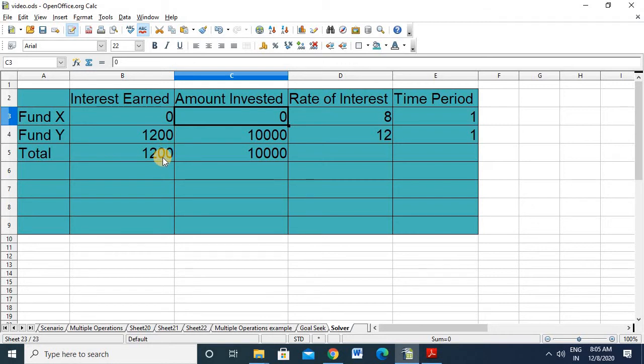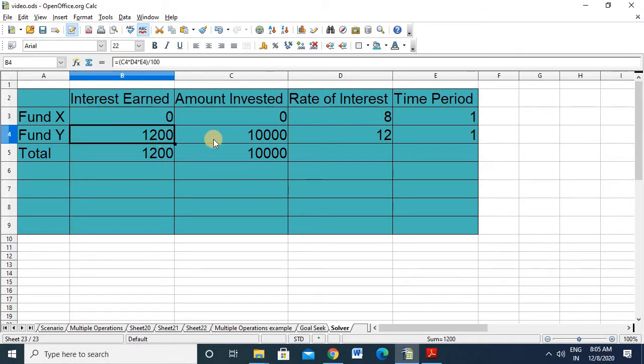So what I've done, I prepared this sheet here: 10,000, 10,000, 12, 1, 1, 8, and here I have one formula. That formula is C5 minus C3. That means 10,000 minus the amount invested in fund X will give the amount in fund Y. And here I have given the formula, that is principal into rate into time divided by 100.